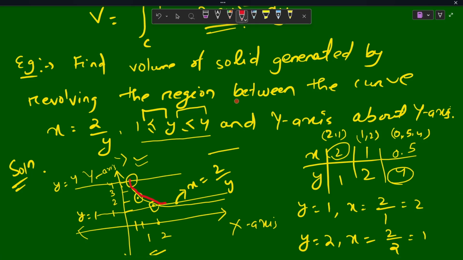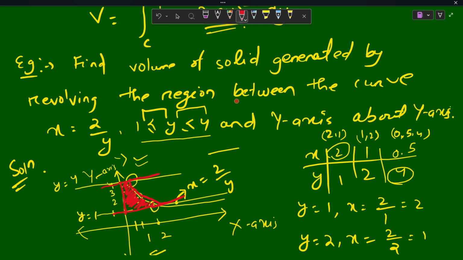Then y from 1 to 4, that means this portion, and the y-axis. Which is the y-axis? This is the y-axis. Then y from 1 to 4. So see, in the intersection, this is the region where we will get the volume when we rotate